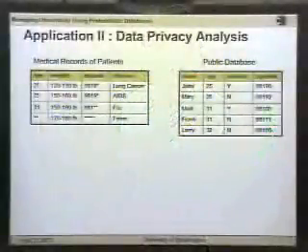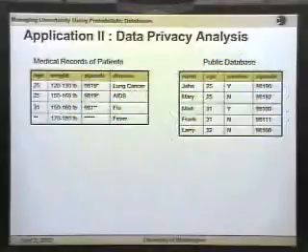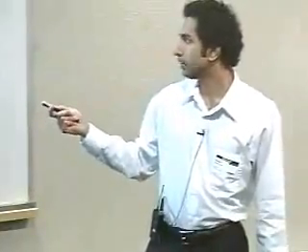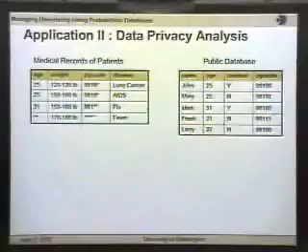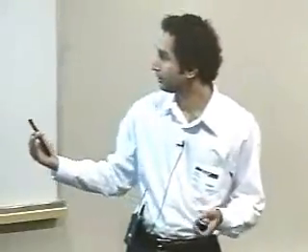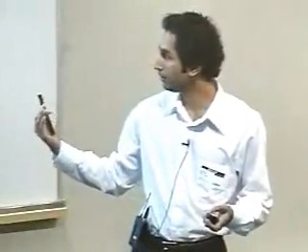And the attacker may go and find some public database, maybe the voter registration database, and the attacker finds information about individuals along with, let's say, their age, smoking habits, and zip code. Now, you may want to join these two databases to answer the queries you want, except that you cannot do it. There is no column to join on. You can join on age and zip code maybe, but there is no unique identifier.